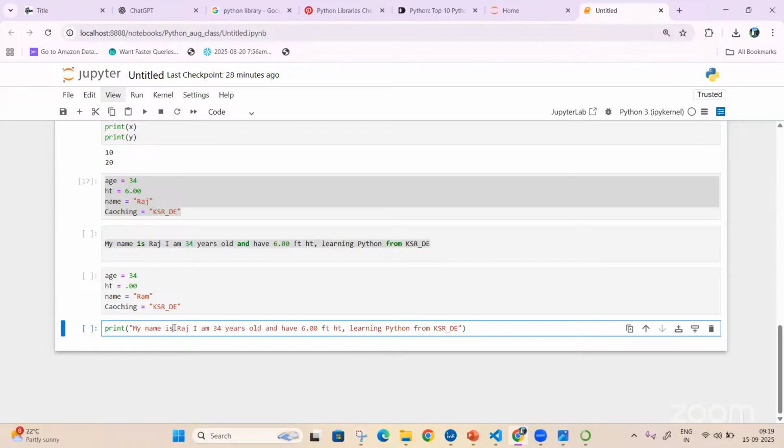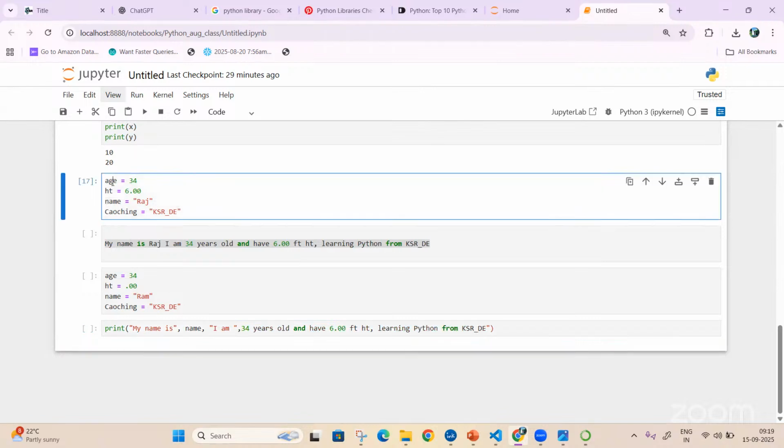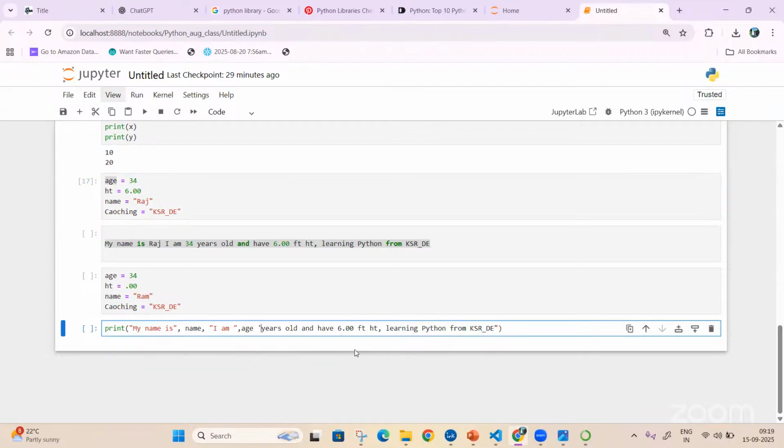I'll write "My name is" in double quotes, since all strings should be in double quotes, and the name should come from the variable name, then a comma. Then "I am" in quotes, comma, and age should come from the age variable. Then double quotes, "years", comma, and height should come from the variable height. Then "learning Python from" in quotes, comma, and coaching from the variable.